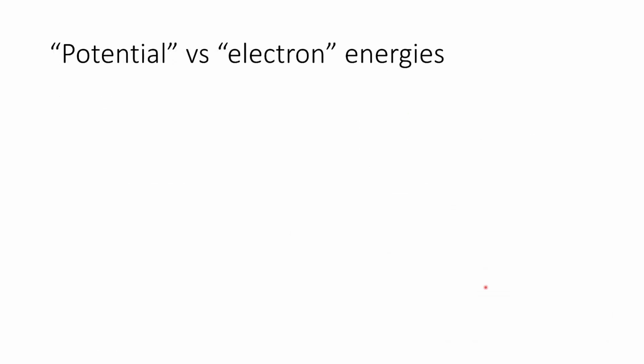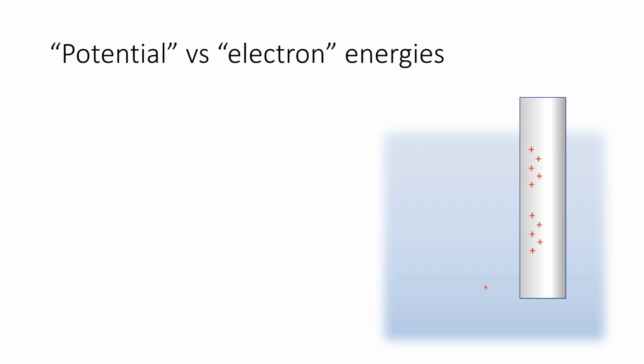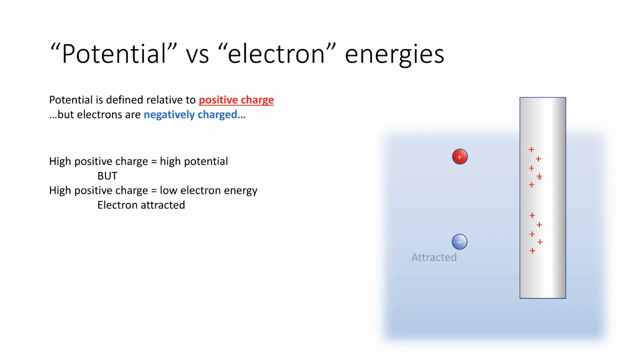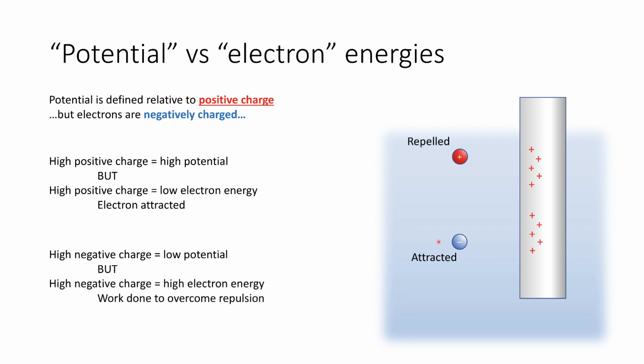When we start to consider potential versus electron energies, we start to think things becoming a little bit confusing because potential is fundamentally related to a positive charge, but our electron is negatively charged. Therefore, if we have a high positive charge on our electrode, we have a high potential. However, if we have a high positive charge, it has a low electron energy because it's attracting the electron. Vice versa, if our electrode has a high negative charge, it has a low potential because there's less work required to bring a positive charge towards it. However, a high negative charge means we have a high electron energy, and we need to do work to overcome